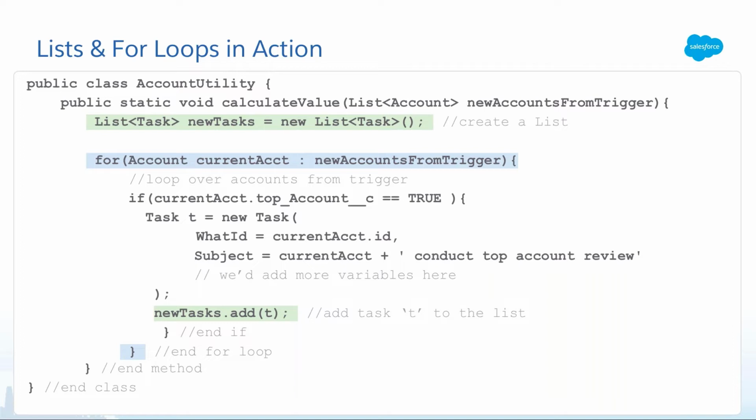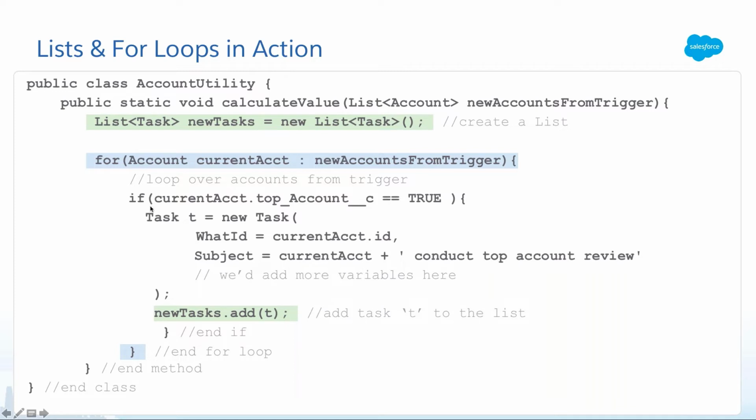So the first line that's highlighted in green is where we are creating a new list of tasks called new tasks. We're doing this because we want the code to be able to handle if one task is made or many tasks are made. Then in blue, we have our for account, which shows we have our list, new accounts from trigger, and we have our current account going through each individual item in the list.